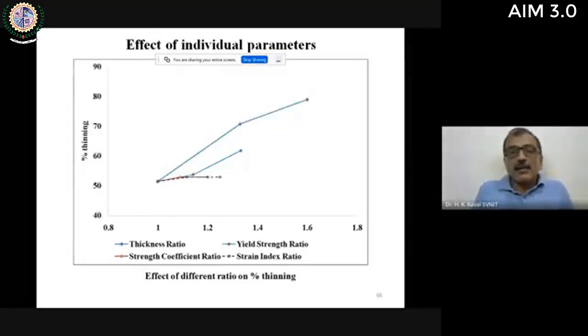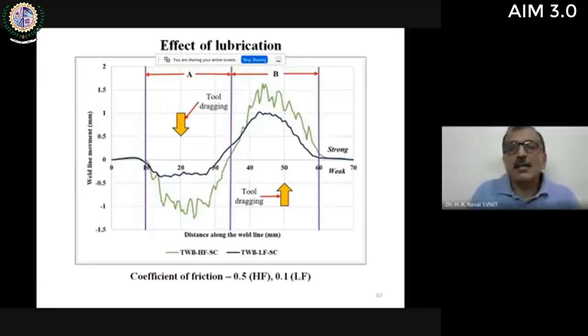Similar is the finding for the percentage thinning as well. Percent thinning also increases as your ratio of thickness and the ratio of yield strength increases. This is the study which shows the effect of